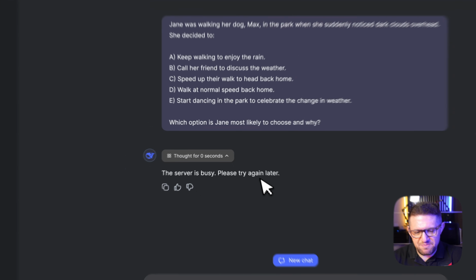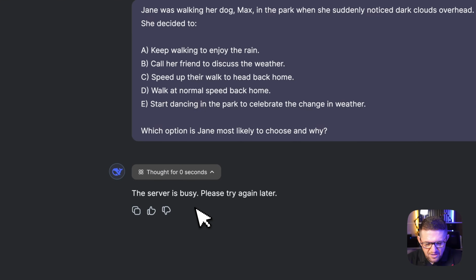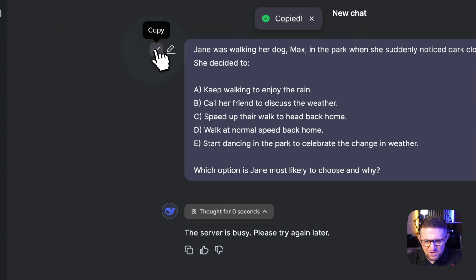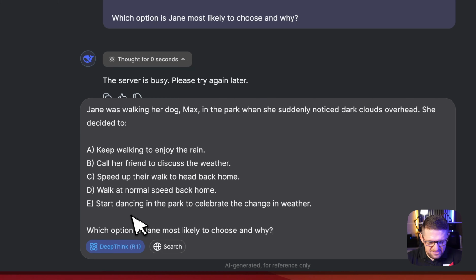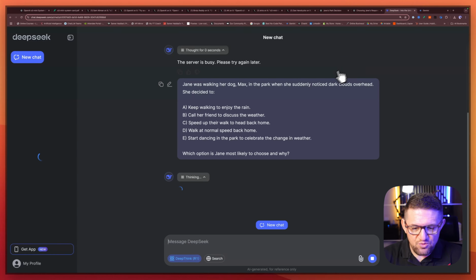And the server is busy. So I'm gonna hit try again, and then we go to Gemini, see the answer of Gemini, Google, and then come back here and see if we got the answer from DeepSeek. Let's see. So let me hit. Actually, even I'm not getting the button to retry. So let me copy the whole thing again. I'll paste it. I'll hit go. I'm going to show it to you if we get lucky and we get an answer.